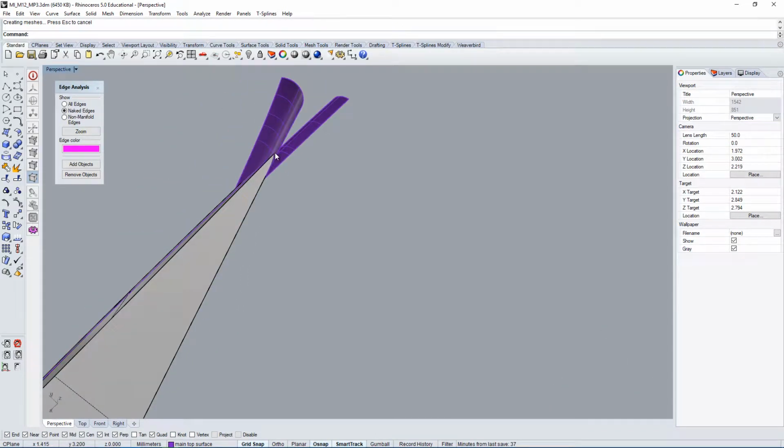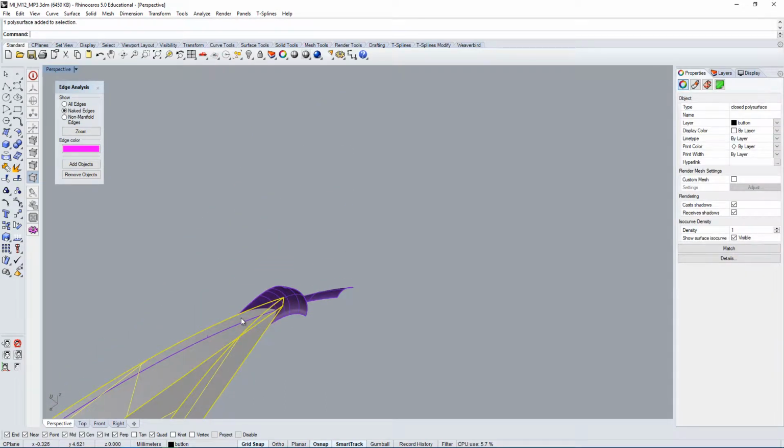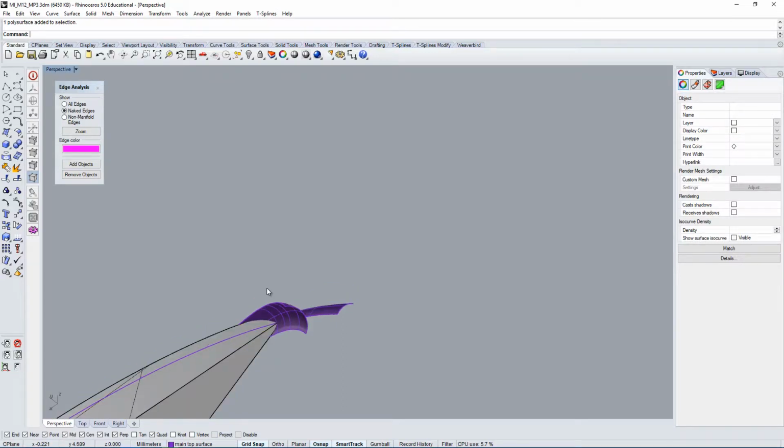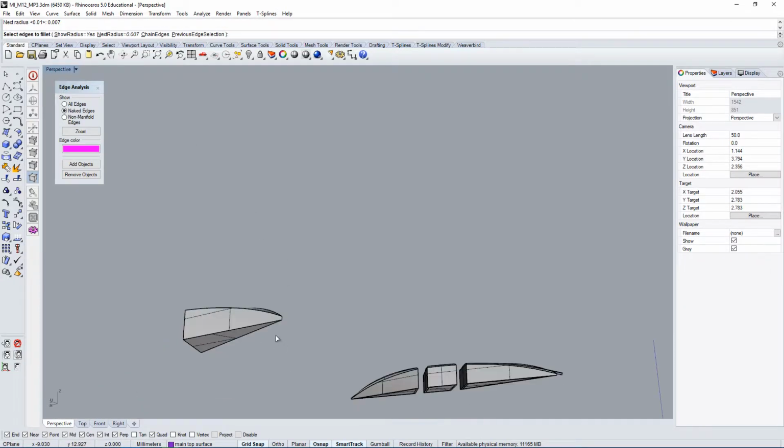If you're asking it for something that's too large, that requires the software to trim a third surface which is not selected as part of the edge, then it's going to create some more problems. So let's make sure that it is below 0.01, so 0.007, that should do the job.